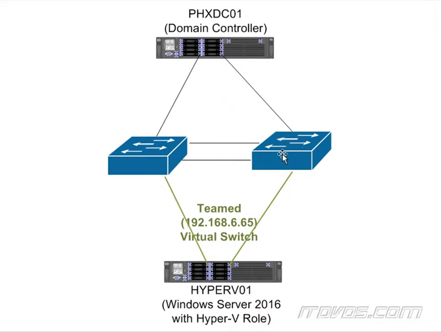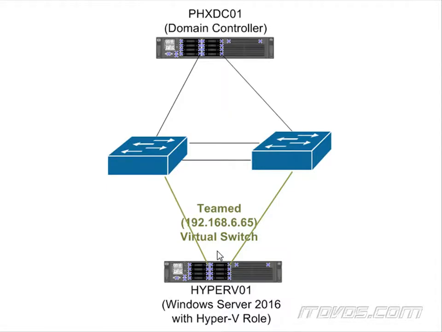So if one of these physical NICs went down, or physical switch ports or switches went down, this path would still be up. In which case, the virtual NIC on the virtual machine that's running on this Hyper-V host would still be up and able to communicate with the outside world. So this is normally the way we want to do it. We want to use teaming to get our redundancy and extra throughput on our virtual switch, as opposed to teaming